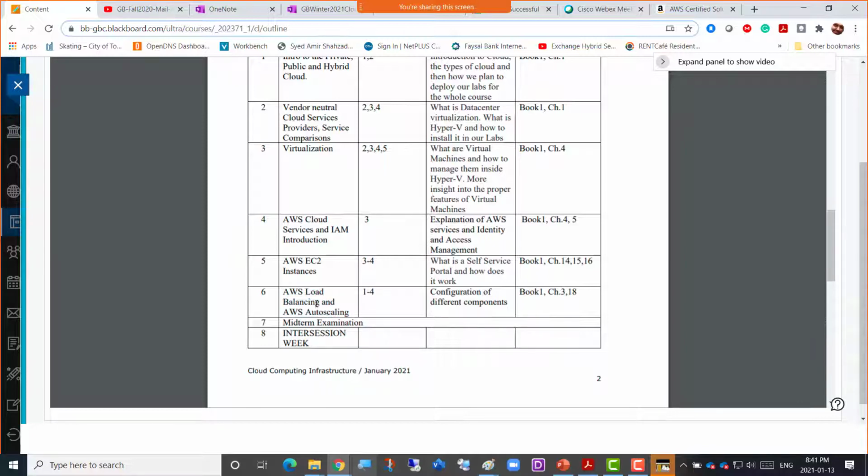But load balancing, from the network topic, you may have already talked about load balancing, right? Other than that, you can also go for auto scaling. Auto scaling is also a very interesting feature: if you have one virtual machine and there's a lot of network traffic on it, it can automatically create more virtual machines for you and divide the network traffic among all those automatically created virtual machines. So how to set it all up, what is the concept behind that, in which scenarios we use that, we're going to talk all about that, and we're going to do the whole lab as well.